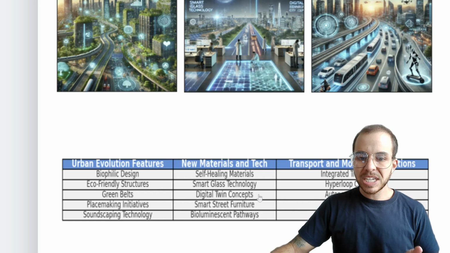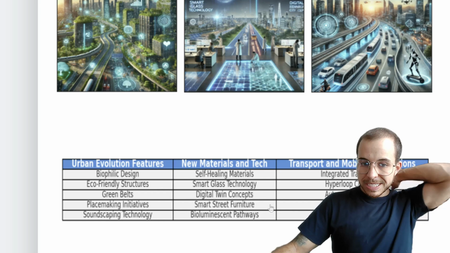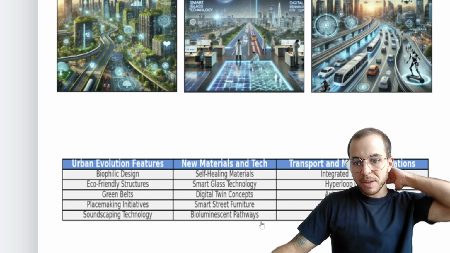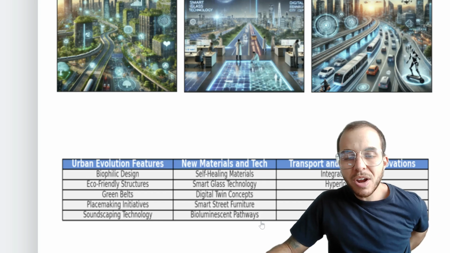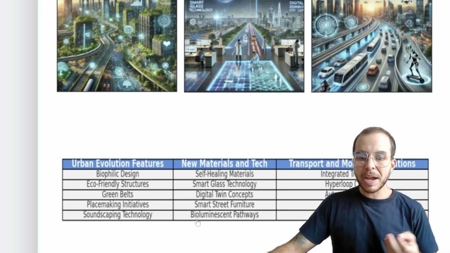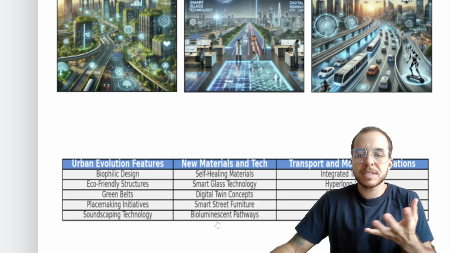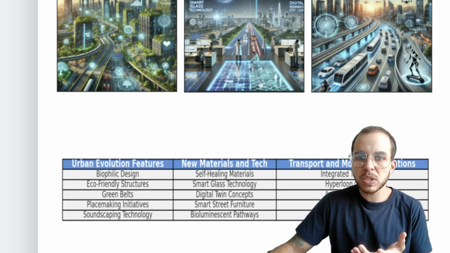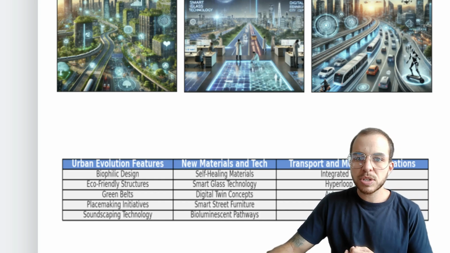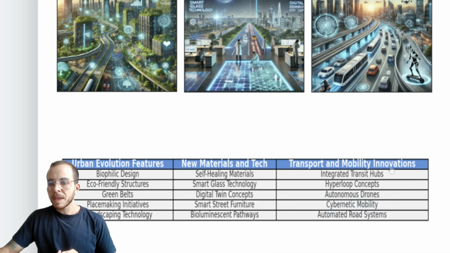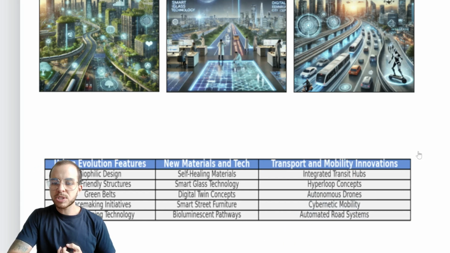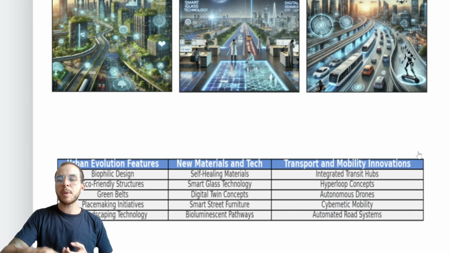Smart glass, digital twin concepts, smart city, bioluminescent pathways. Again, we might not know all of these words. Bio means from nature. Luminescent means light. So just like the picture, bioluminescent pathways. These are the materials. And finally, we're looking at the transportation and mobility, so how people are going to get